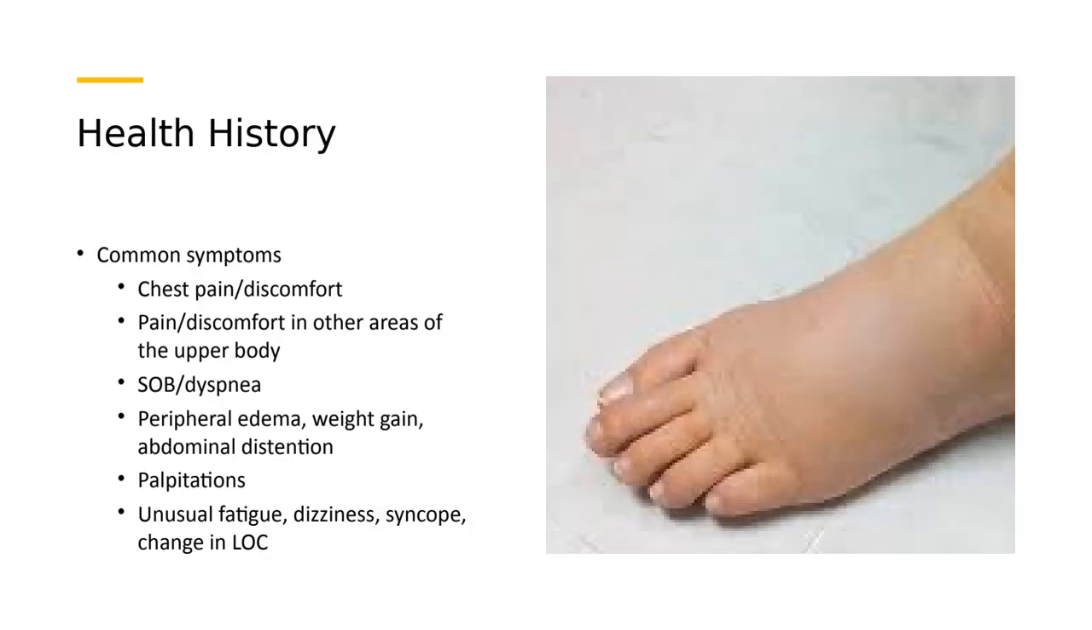Within this health history, you need to get their complaints. If somebody's complaining of chest pain, they might be having angina. It could be stable or unstable. You need to figure out where the pain's going. Is it radiating up into their jaw? Is it going down their left arm? If they have shortness of breath, what do you think that could be an indicator of? Yes. And then peripheral edema, weight gain,